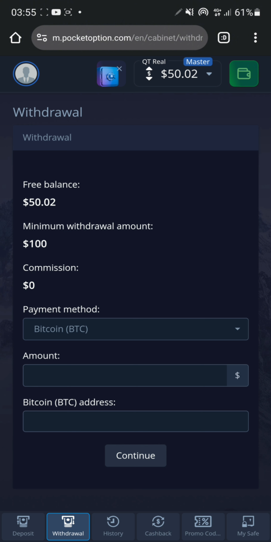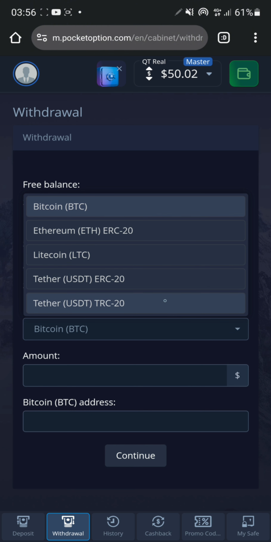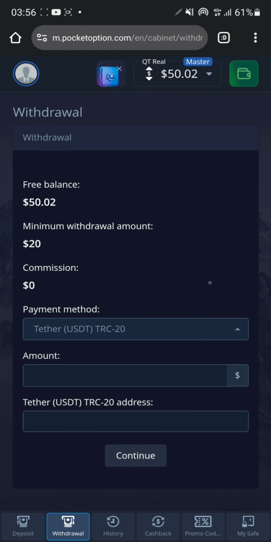Now, the payment method you use to deposit is also most likely the payment method you are going to use to make your withdrawals. So in this case, I use cryptocurrency. So if I click this payment method area, we have these options for Ethereum, for Litecoin, for Tether USDT, the ERC20, and for Tether USDT, the TRC20. So in this withdrawal, I'll be using the TRC20. You understand? Now, the next section you have down here is called